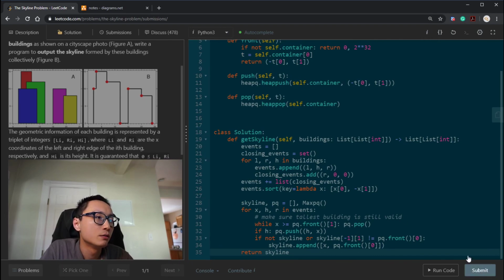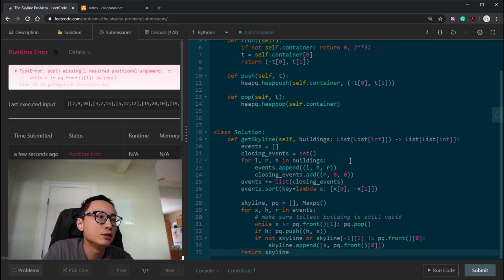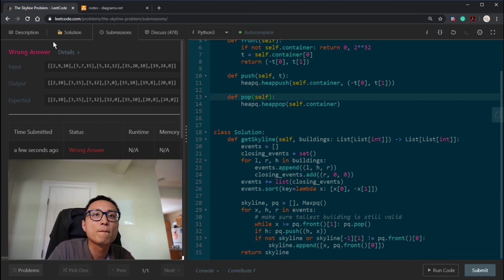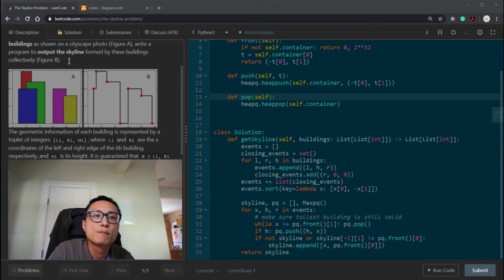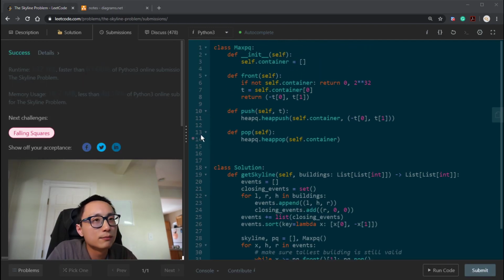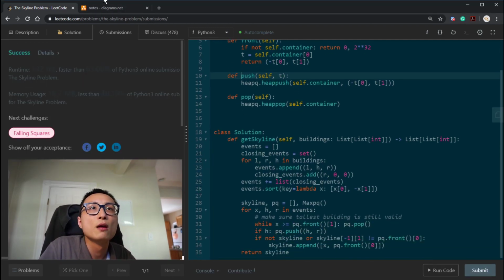Yeah, so this is it. Jeez. Pop missing one record position T. I don't need that. Damn. Not working. So this is the code. I have the wrong